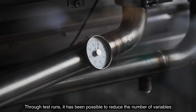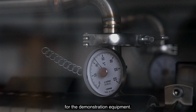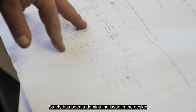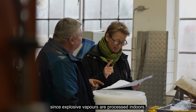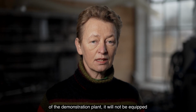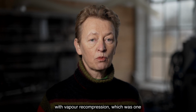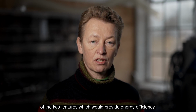This has informed the design and construction of the demonstration equipment. Through test runs, it has been possible to reduce the number of variables for the demonstration equipment. Safety has been a dominating issue in the design of the demonstration plant, since explosive vapors are processed indoor. In order to reduce the safety issues, it will not be equipped with vapor recompression, which